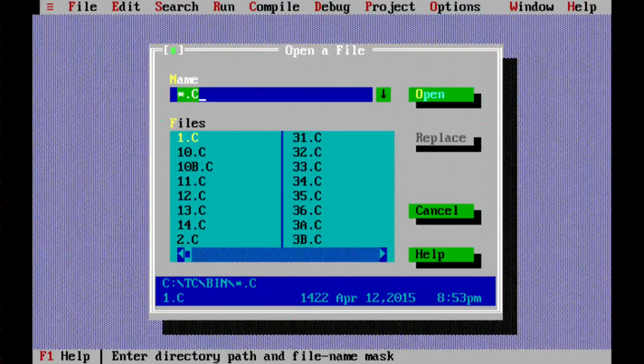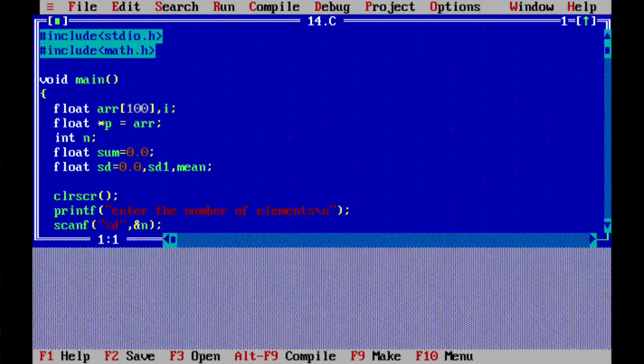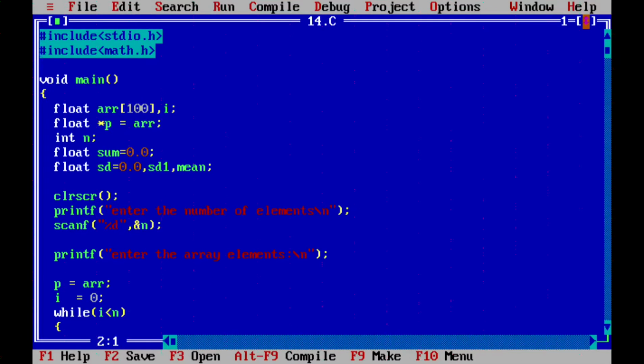Problem number 14. Here we are using square root and so on, that's why we have included math.h. By default stdio would be there, but because of math I'm including math.h.